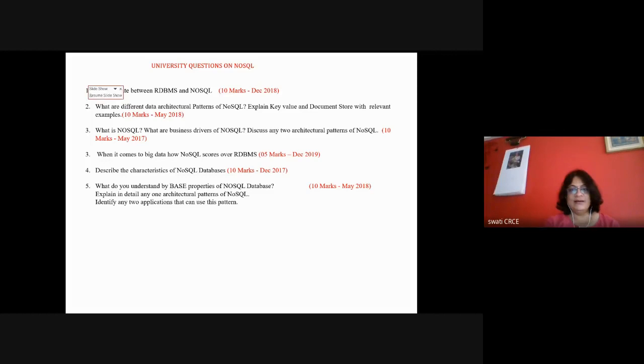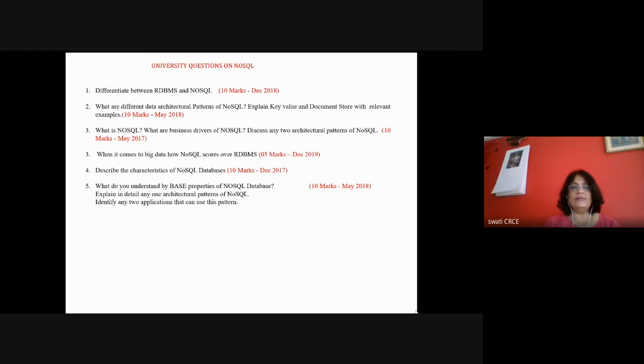Okay, so this is what we are learning. We are learning the third chapter of your syllabus, that is NoSQL database, and I have divided the portion into two parts. The first part is about NoSQL: understanding what a NoSQL database is, what the difference between RDBMS and NoSQL is, and how it handles big data problems. That is the general information about NoSQL databases that is applicable to all types of NoSQL.